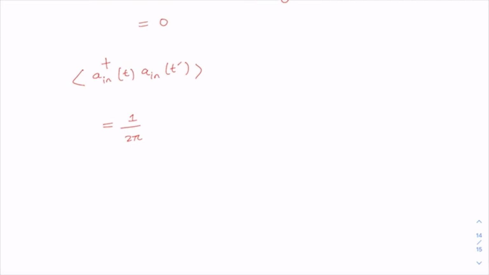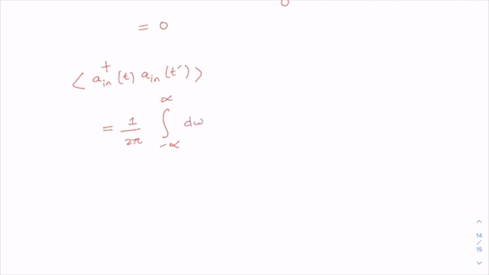Therefore it would be 1 by 2 pi, and we'll have integration minus infinity to plus infinity d omega b dagger omega t0 e to the power i omega t minus t0, and from the other a in we have